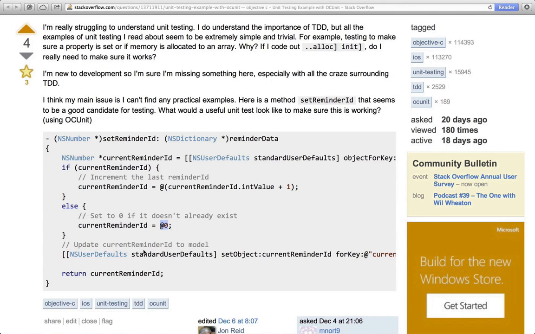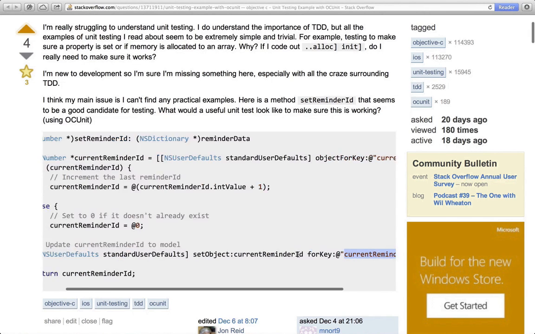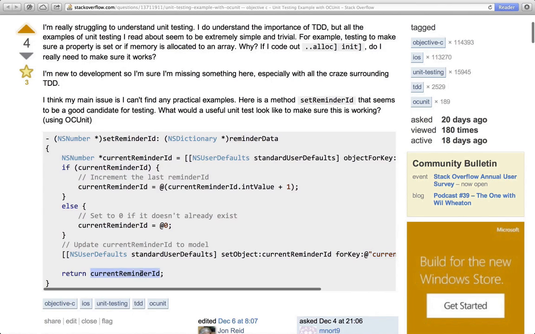Once it has that, then it goes back to user defaults, and using the same key, it sets that value back in for that key of currentReminderID, and then it returns the value. So basically, it's a persistent counter.